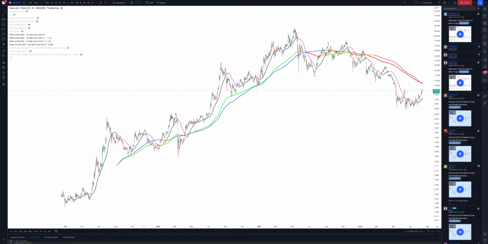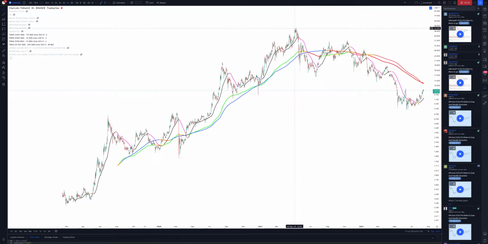Now looking at Link, and Link is one of those ones that had a great, exciting performance, and then towards the all-time high, it didn't really do another rally, as you can see. When Bitcoin did a nice rally around May and then found its dip at 28k, you can see how Link really didn't do much.